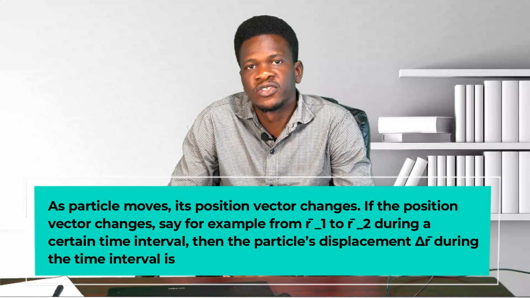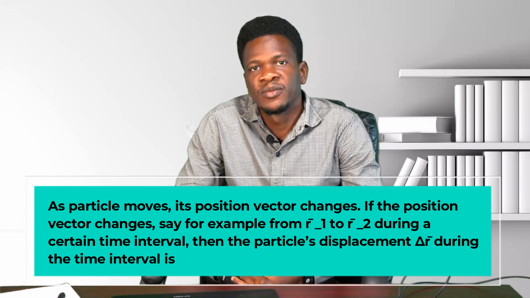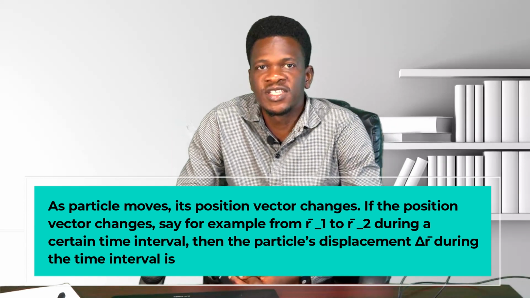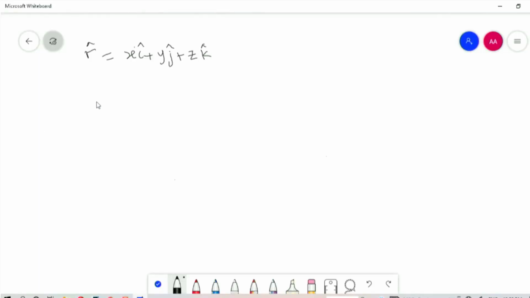As a particle moves, its position vector changes. If the position vector changes, say for example from r1 to r2 during a certain time interval, then the particle's displacement during the time interval is written as delta r equal to r2 minus r1. Using the unit vector notation, then we can write that delta r,